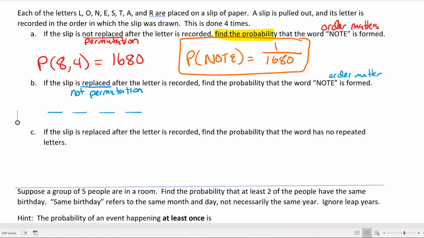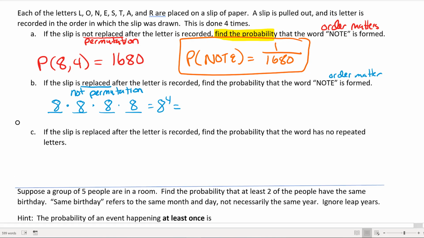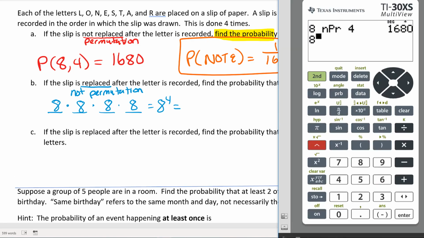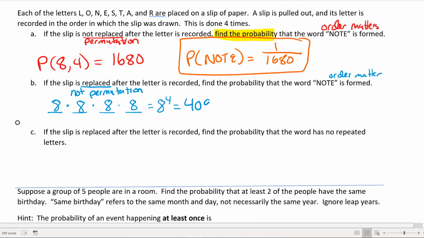multiplication principle. We have 4 spots, and we need to fill them. So on our first pull, we have a possibility of 8 different letters we could pull from the word Lone Star. Now, because the slip of paper is put back in, I still have the same 8 choices for the next time. And then when we put the slip of paper back in, it's 8 choices again and 8 choices again. And we have 8 to the 4, which is going to be 4,096 different ways that we could pull out the 4 letters, given that the slip is replaced after the letter is